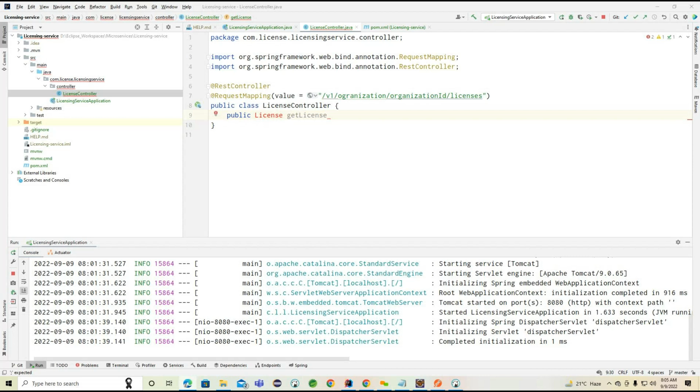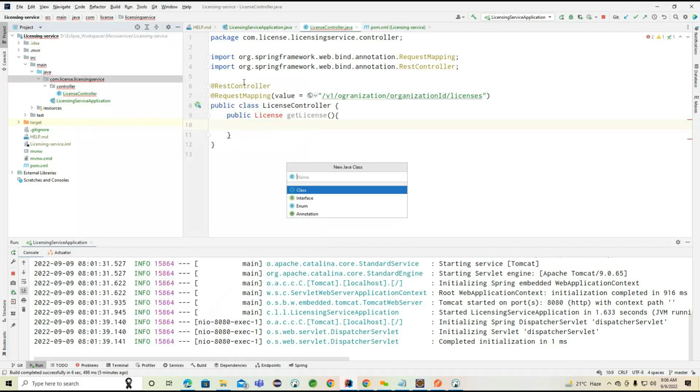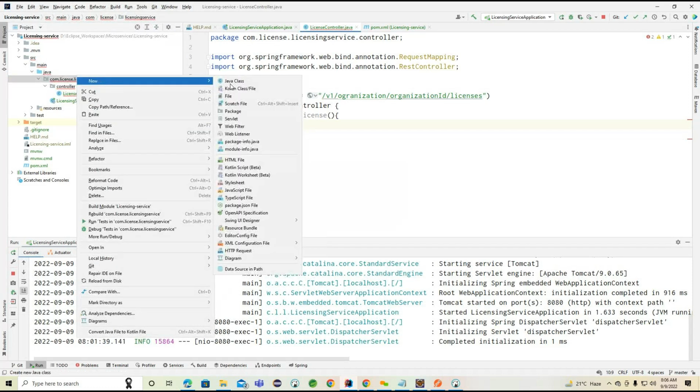We'll provide the model class. What is the model class we are going to use here? Something like a license. Let me create the license. Create a parameter type, not this particular parameter. I'm going to create the Java class. Not Java class, first we need to create the model